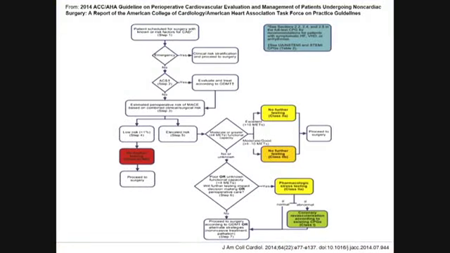Excellent. So we are helped in the sense that there is already an algorithm that the American Heart Association and the American College of Cardiology have put out. This algorithm is well referenced. It came out in 2014, has been disseminated through a number of organizations, and it's easily searchable on the web for free. So it's not something that is hidden. And you can easily look at the algorithm.